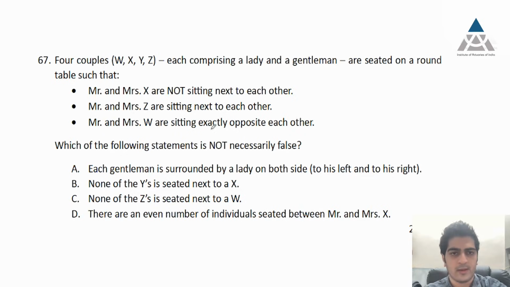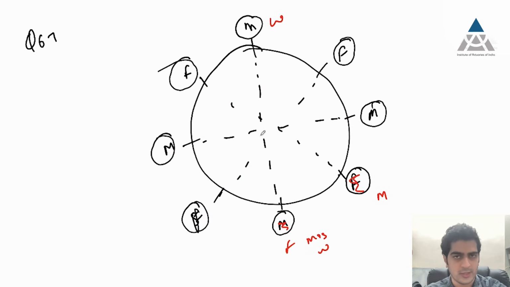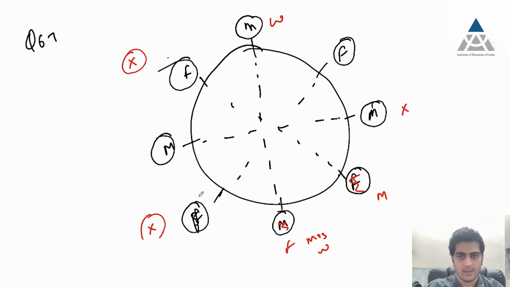Now, what are we told? That Mr. and Mrs. X are not sitting next to each other, okay? So these two cannot be X, these two cannot be X, and these two also cannot be X. So they cannot be corresponding is the real point, okay? So if this is Mr. X, then Mrs. X would be either here or here, okay? So Mrs. X could be here or she could be here, but she is definitely not here,